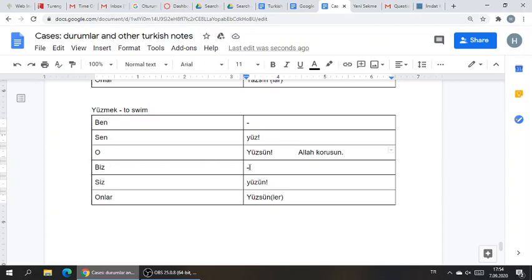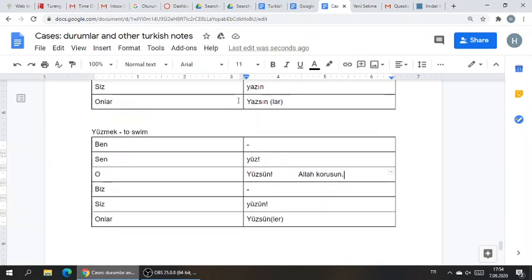Biz, we can't command. Siz yüzün. So just like up here, we have siz yazın, four-way vowel harmony. Just stick the n in un or ün onto the stem. Yüzün. So this could be either, of course, plural or respectful you, like if you're talking to an elder. All right, onlar. Just like I mentioned, o and onlar, for some reason, most of the time look the same. If in doubt, for onlar, just conjugate it like o, and it will probably be right, okay? So yüzsün,